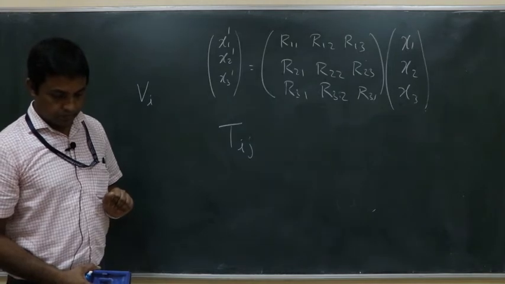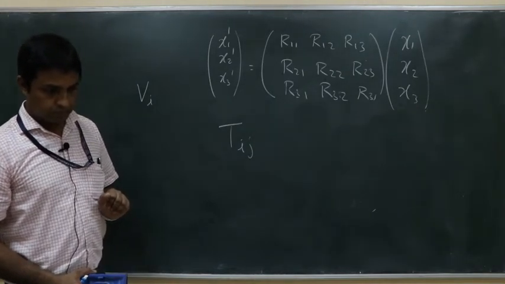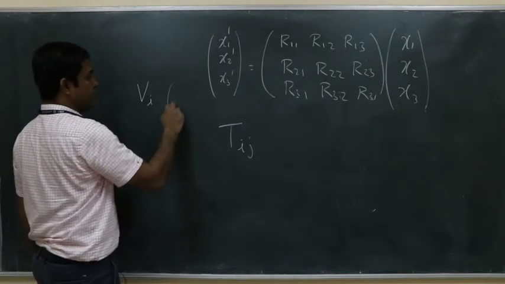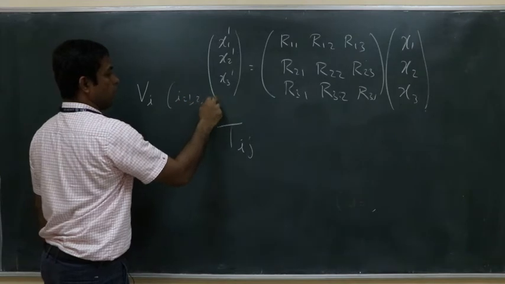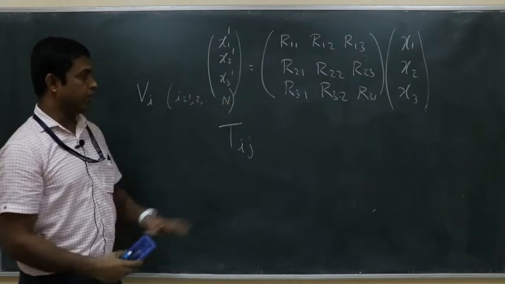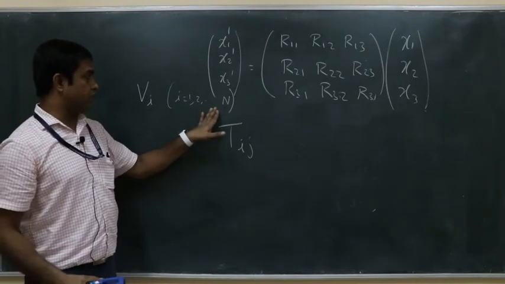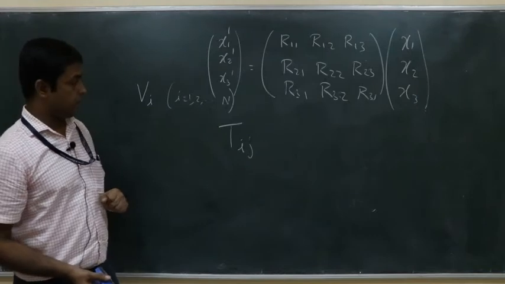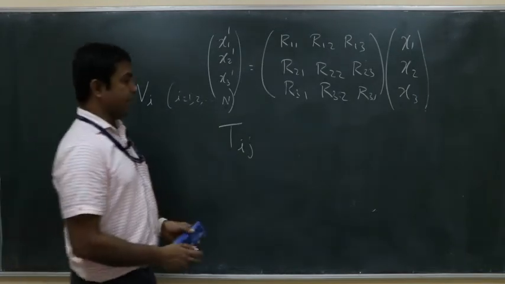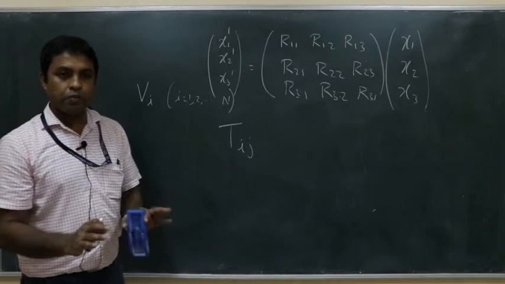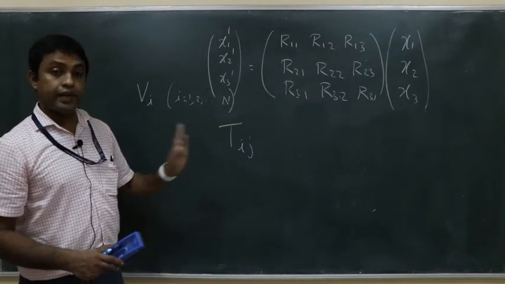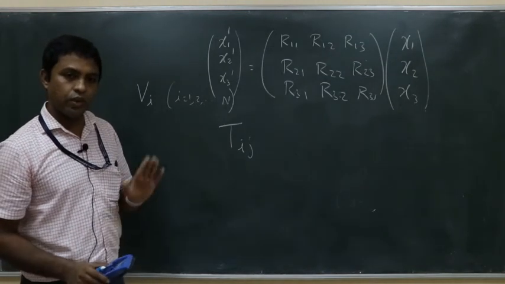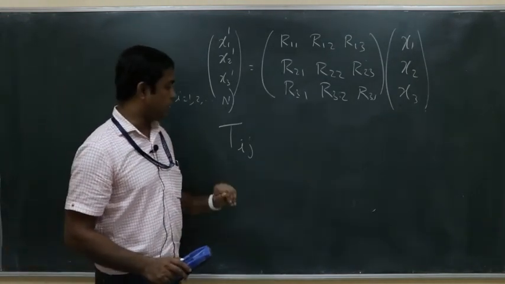So if a vector is in four dimensions, then I can be 1, 2, 3, 4. So whichever dimension you are talking about, I have to write I equal to 1, 2, up to whatever dimension you are talking about. So for I equal to 1 to n, this n can be even infinity. So there is no problem. So Tij, I have to write down. So for the time being, let us talk about three dimensions. So I and j run from 1 to 3. At least for today's class, we are discussing only the three dimensional case. So I is 1 to 3 and j is 1 to 3.